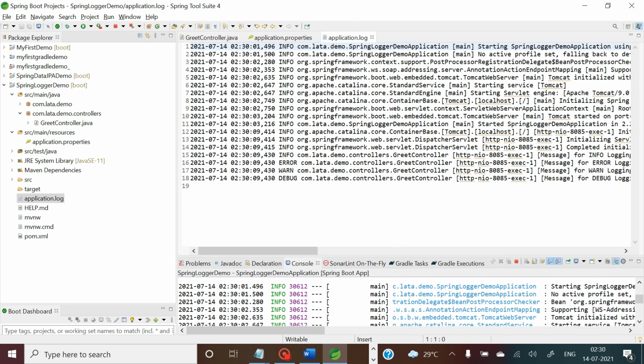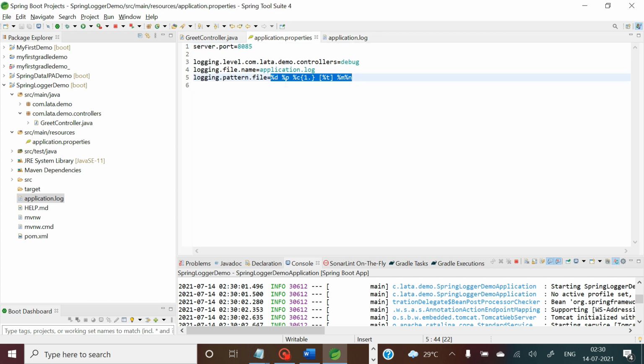So this is how we can store the logging information in a separate file.